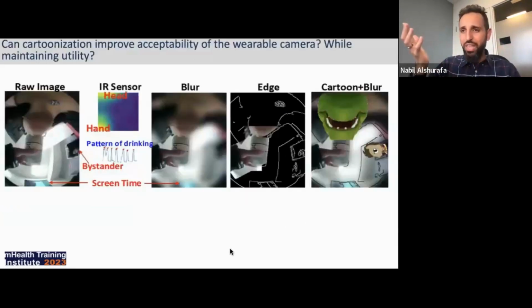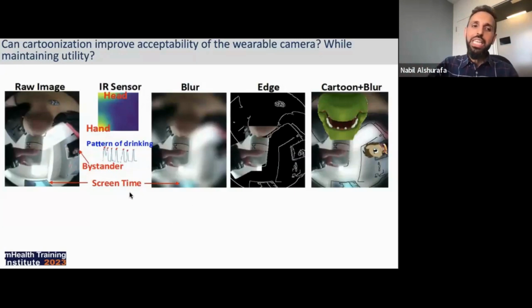We started to have fun with this, my students and I, and we thought, all right, can we cartoonize the background and see if this will actually increase their willingness to wear the wearable camera, especially if we can personalize their own avatar and the avatar of the bystander.